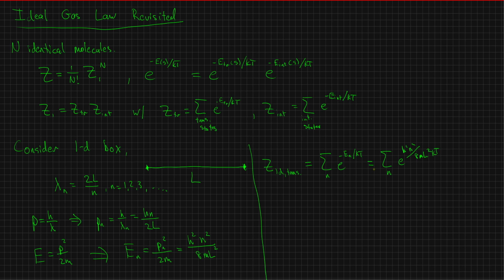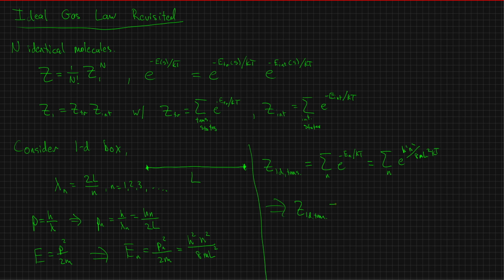So unless we're talking about low temperatures or really small boxes, we can do this. This is only the translational degree of freedom right now. We're only considering the translational partition function. That's right. So let's just assume that we're not talking about tiny boxes or really low temperatures. In that case, we can take z1d